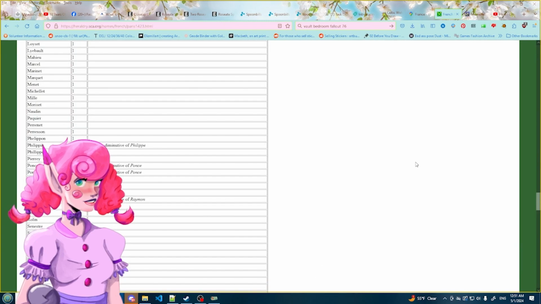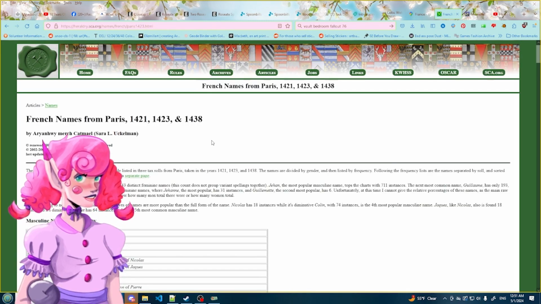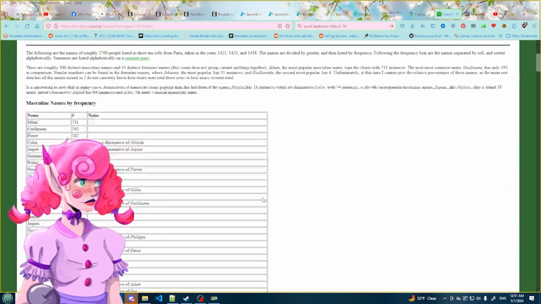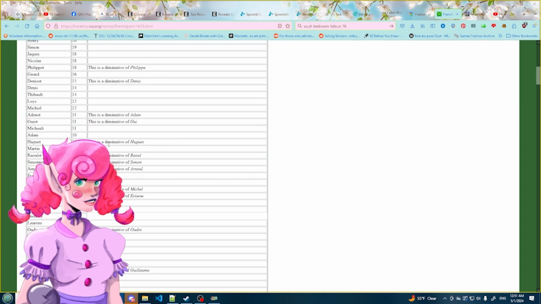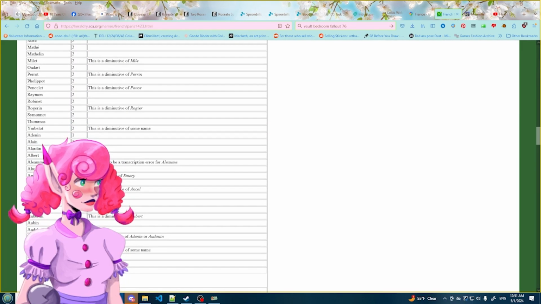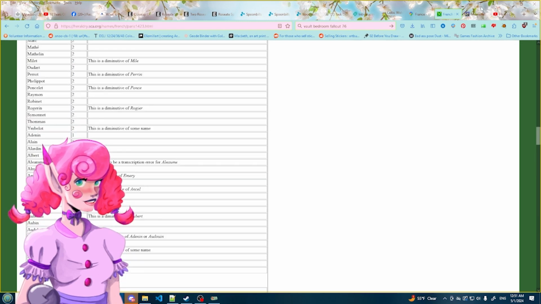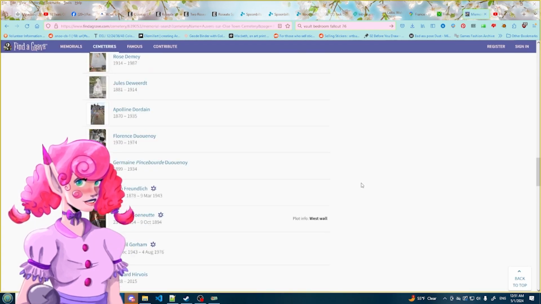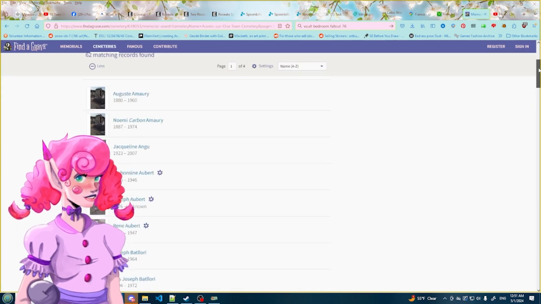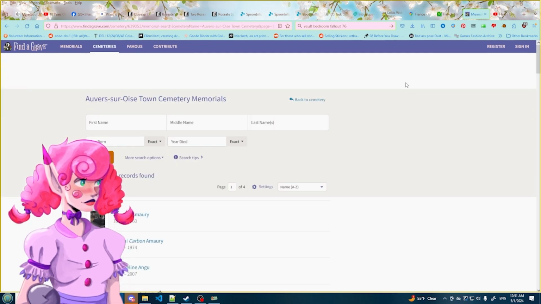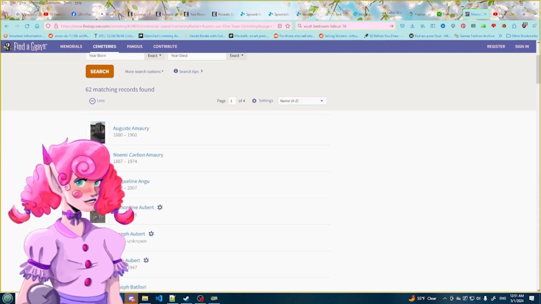I also go and look up old names online, right? There are usually websites. This is old medieval names. I have this as a resource. This is going to sound weird. I use Find a Grave. If you can find a cemetery in the country that you're looking for, you can look up the people that are buried there.